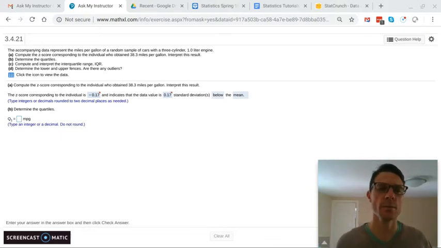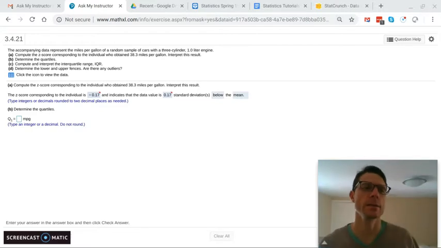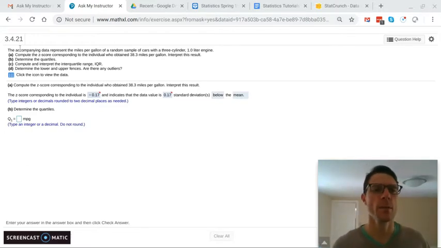Okay, this is problem number 6 from section 3-4. And the first thing we have to do is we've got some data that represents the miles per gallon of a random sample of cars with the same cylinder and engine. So we're asked to compute the z-score corresponding to the individual who obtained